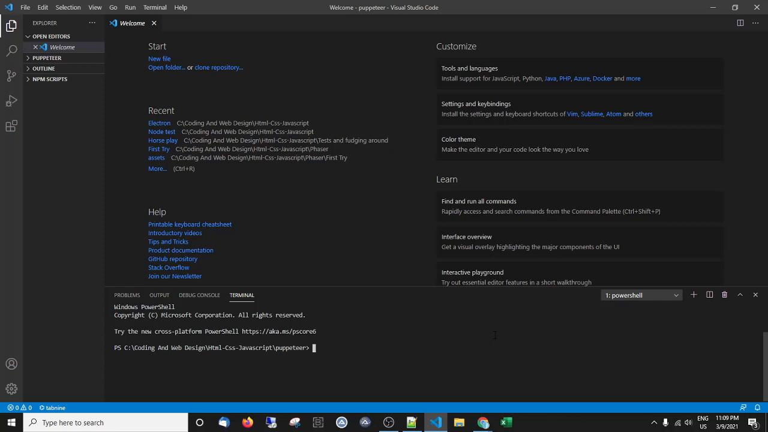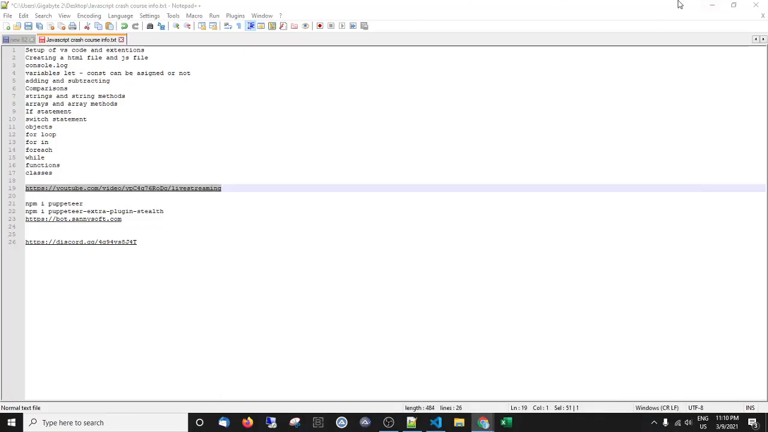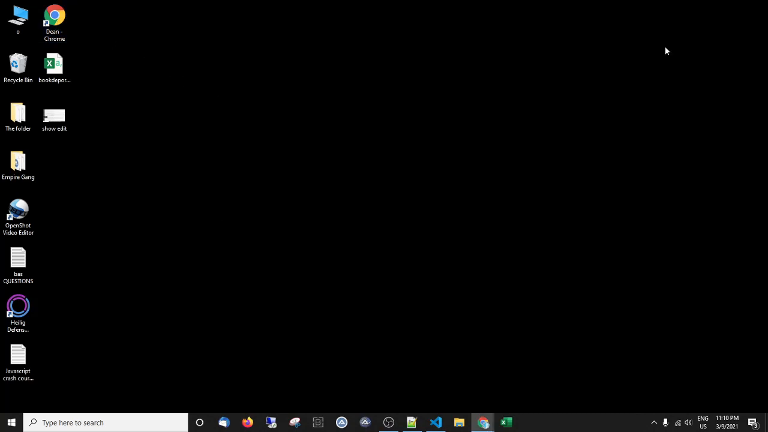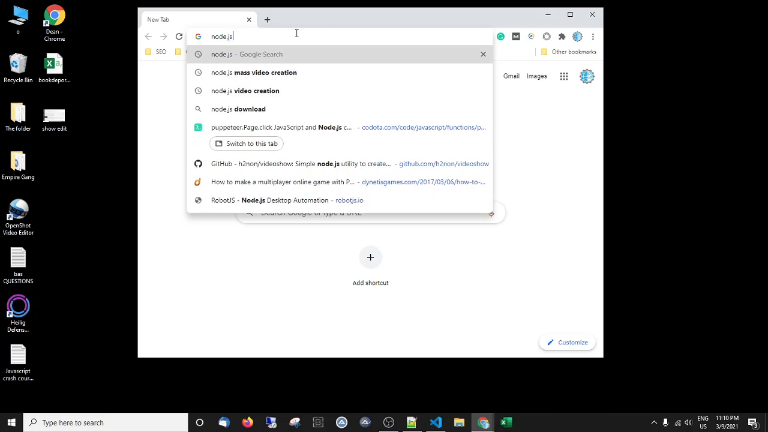So what I'm going to be doing today, guys, is I'm going to be using JavaScript and Node.js. So if you're going to follow along, you're going to need VS Code, which I use for my editor, and then Node.js. I'll put the link. Let's go and look for that. So if you want Node.js,